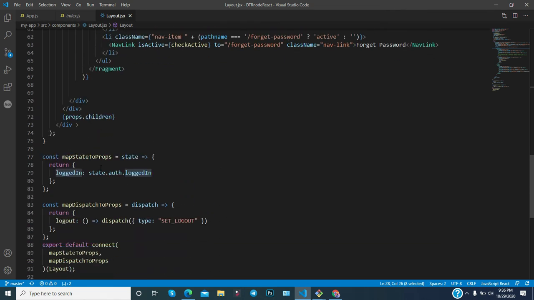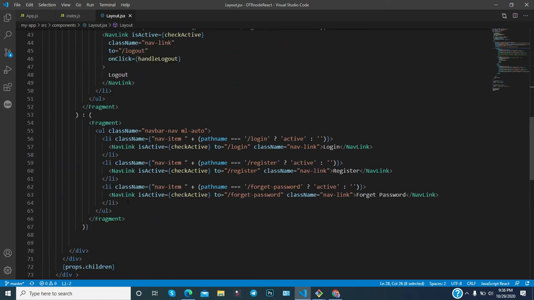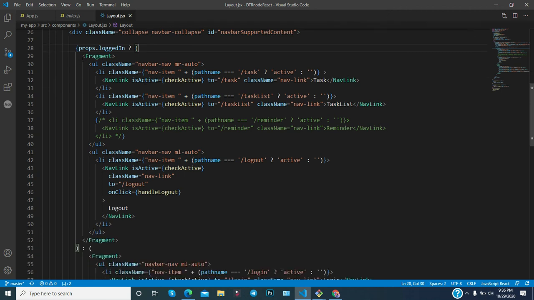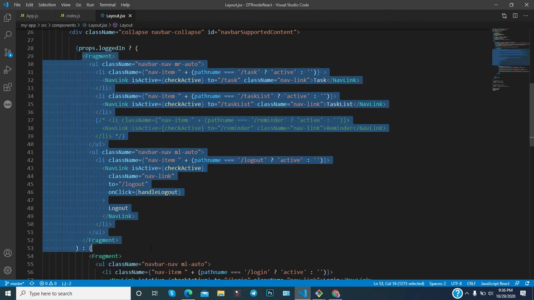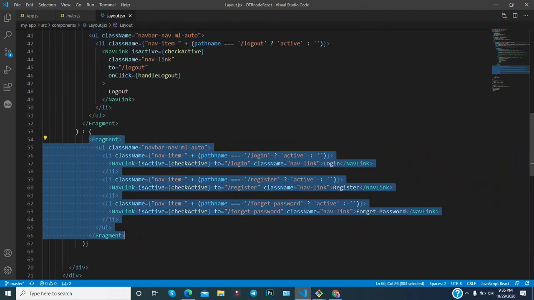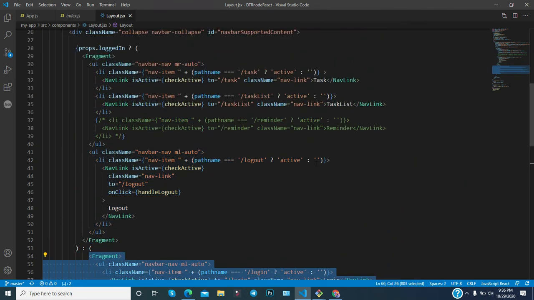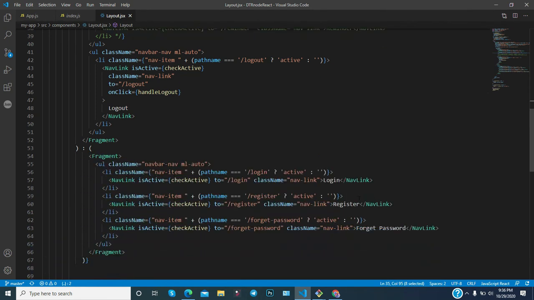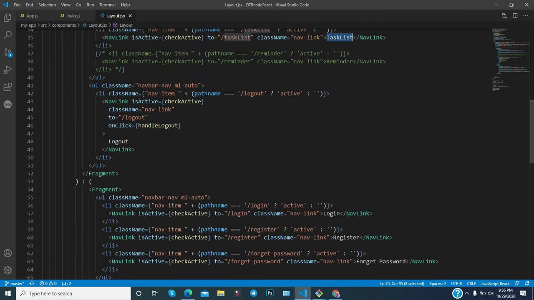I will talk about these things later on, because if I go deeper into this, the video will be very long. So the basic idea is that we are getting information on whether the user is logged in or not. If the user is logged in, then we will show this one, and if not, then we will show this one. So obviously if the user is logged in, we will show the Task and Task List, two links. Otherwise we will show Login, Register and Forget Password. Very simple.